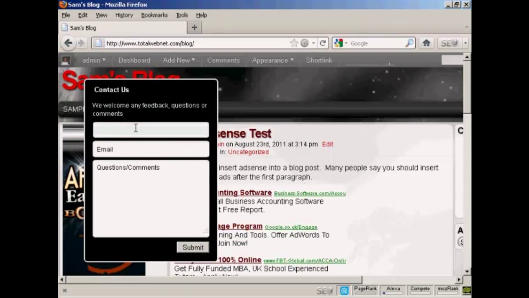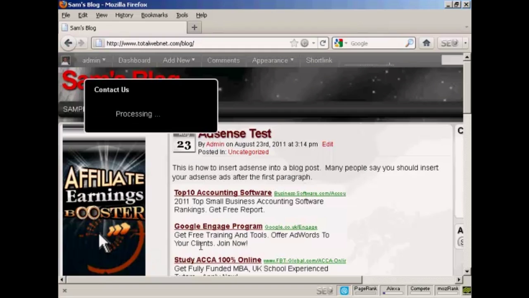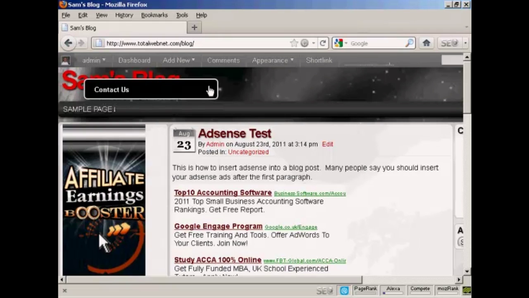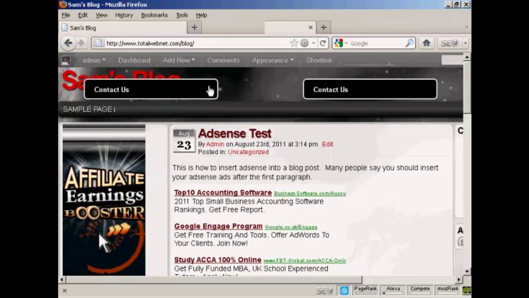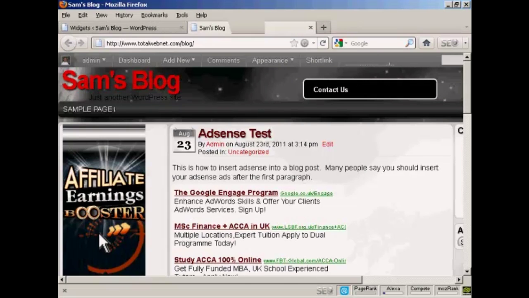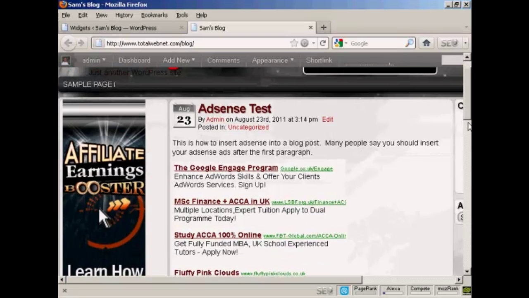So let's just enter that in and then click on submit. It's processing, and there you go, it flashes up, your comments have been received, and if I click there, that just closes that up. And I've rectified that problem now, so it's not obscuring the name. One thing I didn't explain earlier is what it means by floating. As I scroll down,